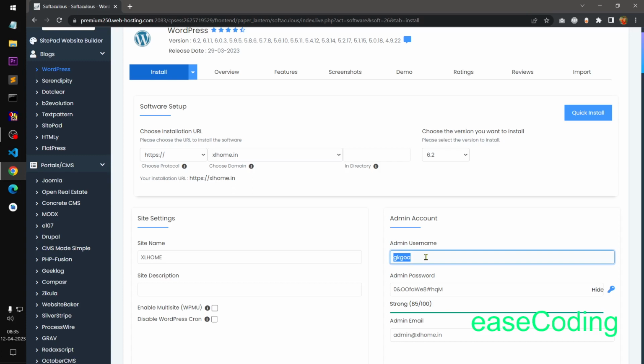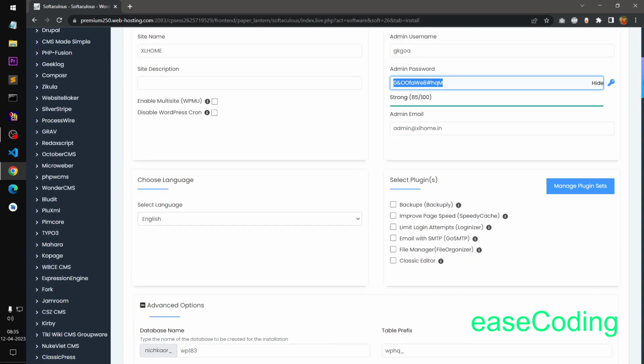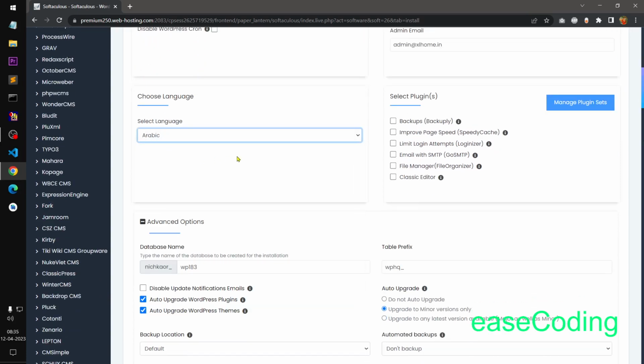You want to make sure that it is a very unique password and one email address that is going to be associated with this particular admin account. So let's say you forgot the password, you will be able to reset it. So make sure you add your working email account here for admin email. Choose a language, Arabic, Danish, Dutch, Finnish, French, German, whatever language you have. I'll go with English. I don't need any of these plugins, but